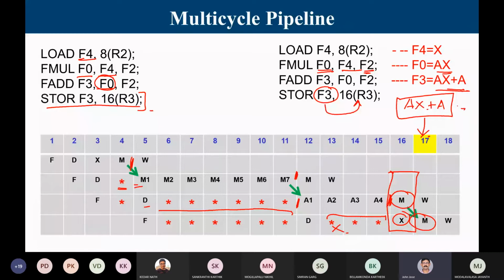Sir, the MEM and MEM in the last two rows can be on top, one below the other, right? Because that also is possible, because one is FADD, the other one is store. In that case, it can be perfectly coming in the same line. Yeah, so in that case, the answer would be 16. Yeah, we can save one time unit. Yes. Both are correct, 16 and 17, depending on implementation.